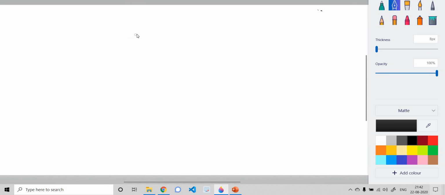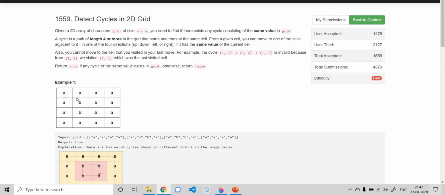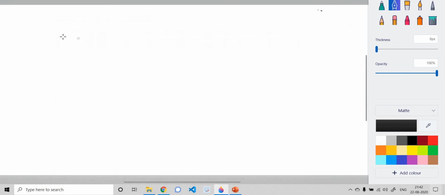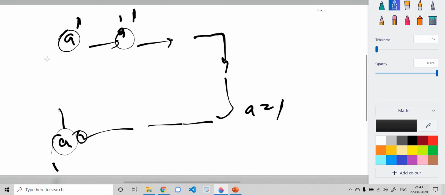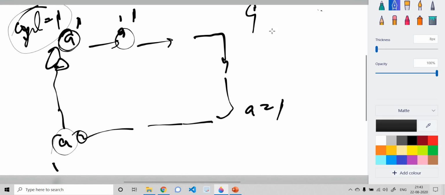Let's dry run this logic for this case. For example 1, I think it is not needed, but suppose we start from A and color is 1, then we go to adjacent A. We keep on doing this, and we're setting the color equal to 1. Suppose we have reached where color is equal to 1, and here we see that the color of the adjacent cell is equal to 1, it means there is a cycle present. We set cycle equal to 1, and there is also one important thing which we need